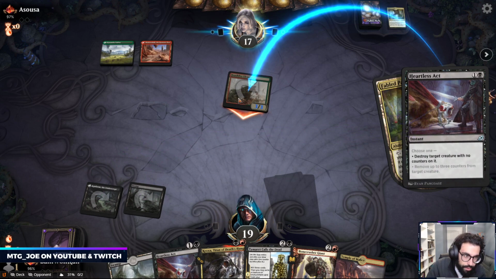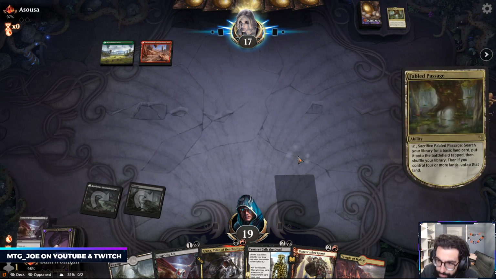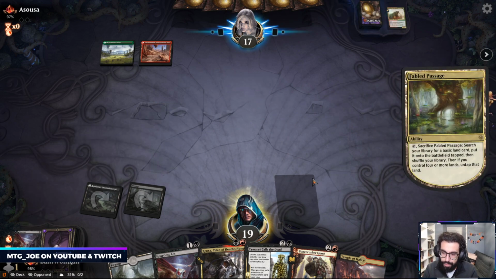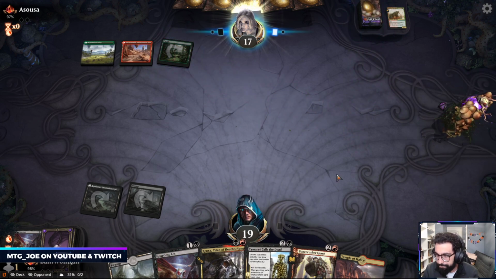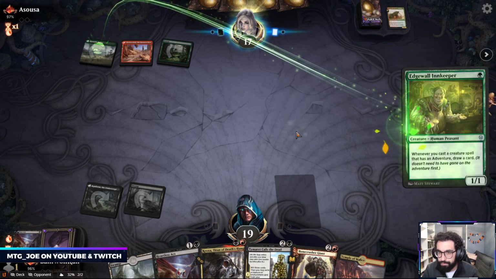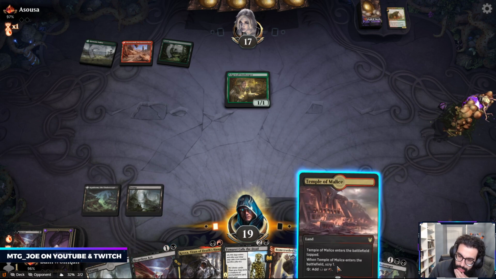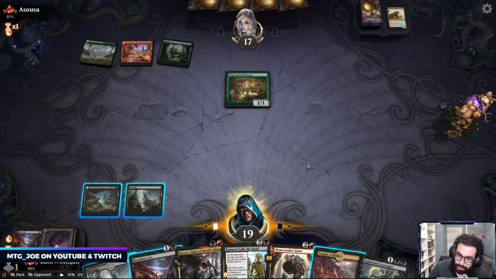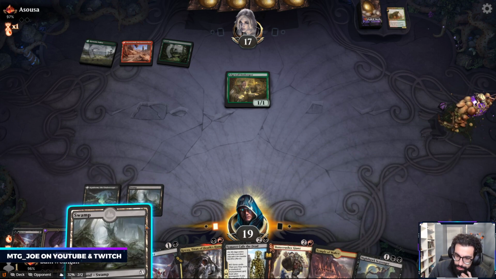Just kill this now. So I want to do that so they lose their landfall trigger. So depending what they play out here, I probably want to get Tymaret going. Edge wall. Because I want to keep the Bonecrusher for that. So maybe...